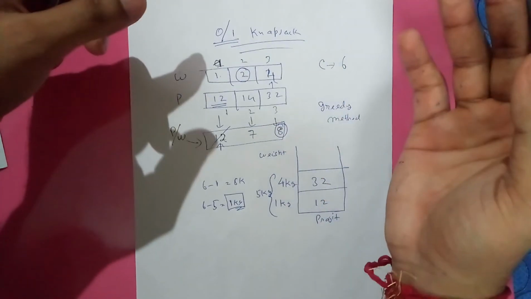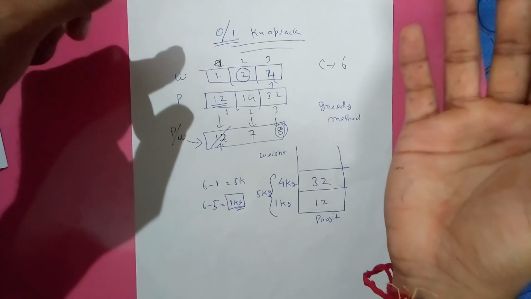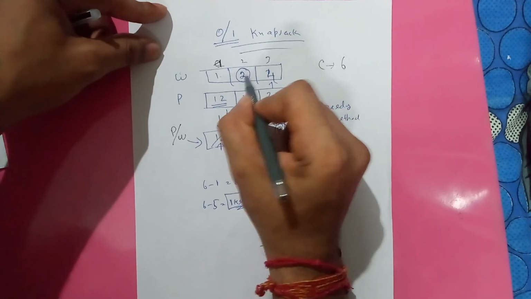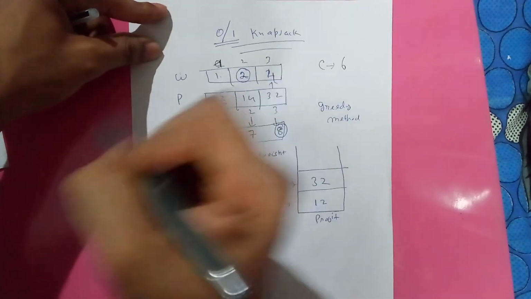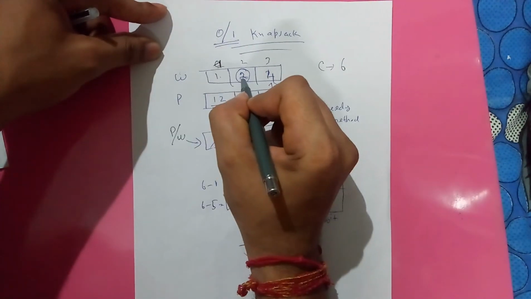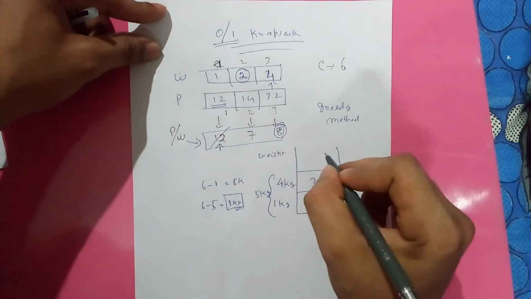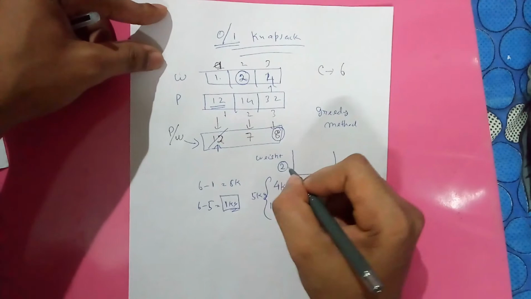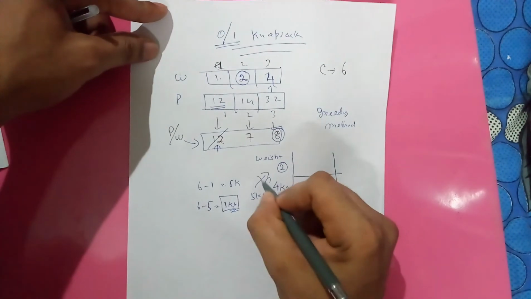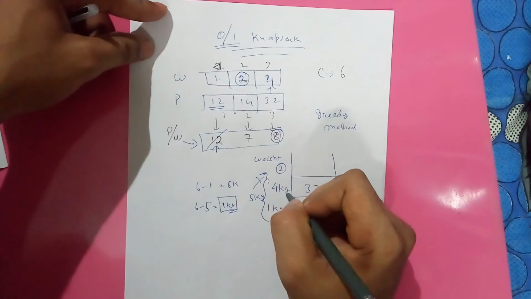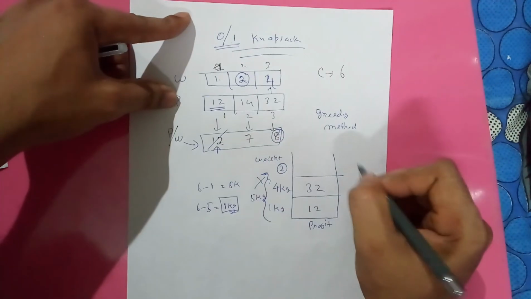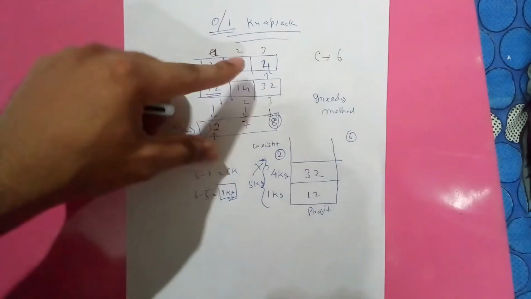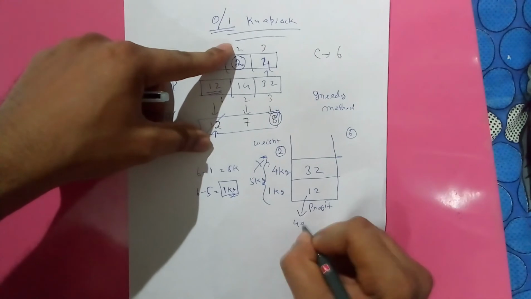As I told you, if you go to a shopkeeper, you cannot ask him to give you just half of the t-shirt. Similarly here, if this is 2 kg, I cannot ask him to give me 1 kg or 1.5 kg or half a kg. This is not possible. Thus we will not allocate this 2 kg here, because if I allocate it, the weight becomes 5 plus 2, which is 7. The capacity is 6, so we cannot include this here. So the profit I gained from here is 40.